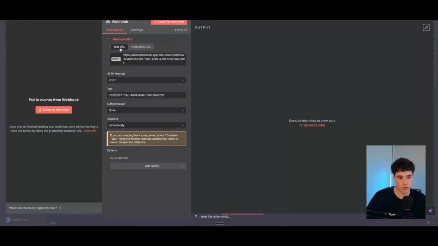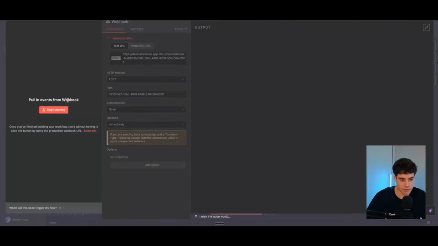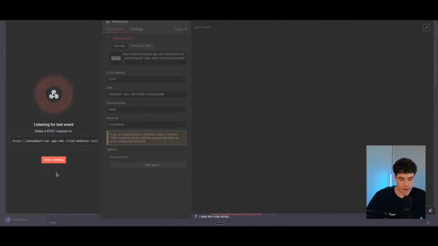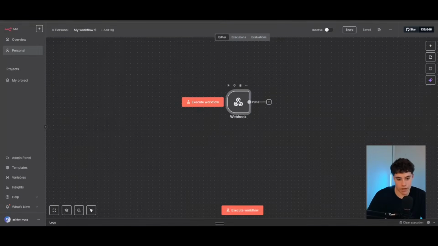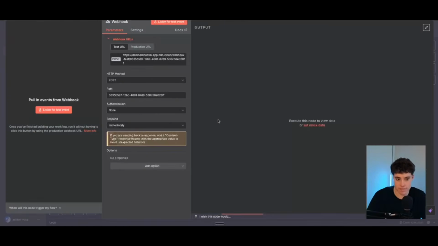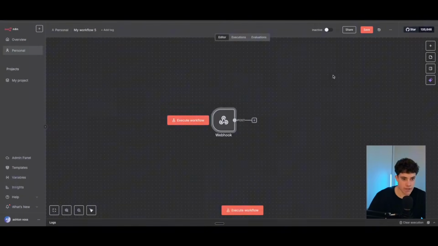Then from here, we've got two types of webhooks up here in n8n. So we've got a test URL and a production URL. Now, these two are pretty different things inside n8n. A test URL can only be called once. So for example, if we do listen for test event, we have to execute this workflow manually to actually listen for any workflow. So this is really good when we're testing different agents and testing workflows inside n8n, and it's able to make us see all the data inside this editor,